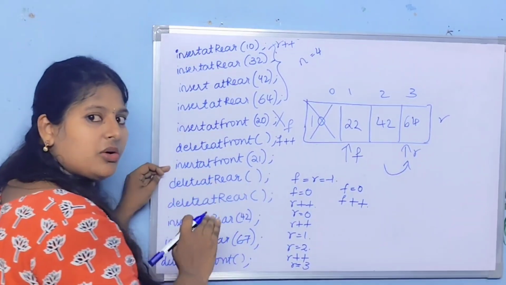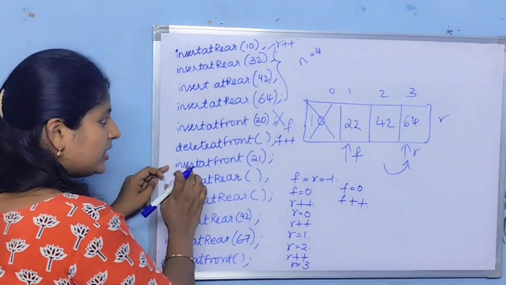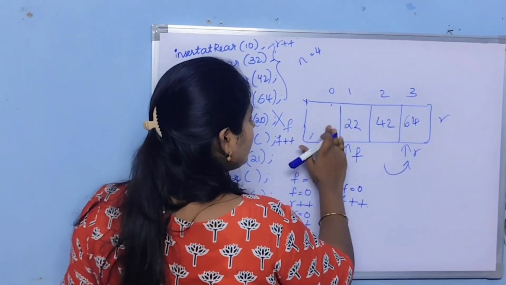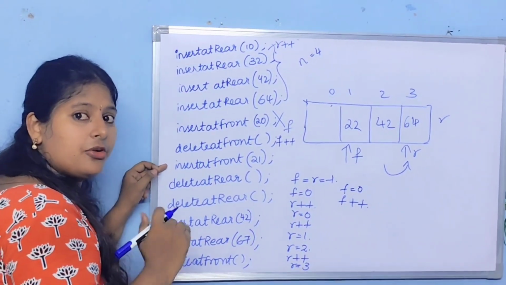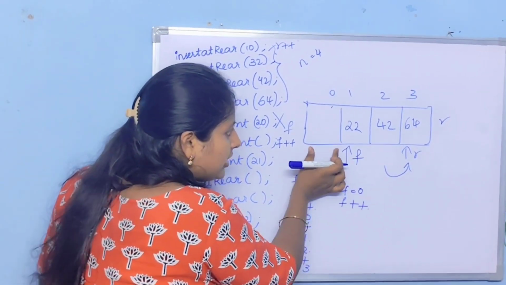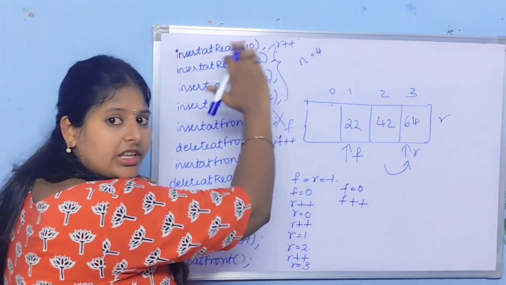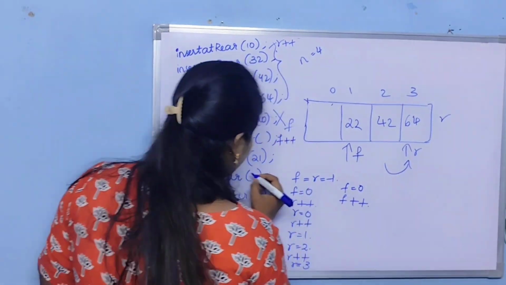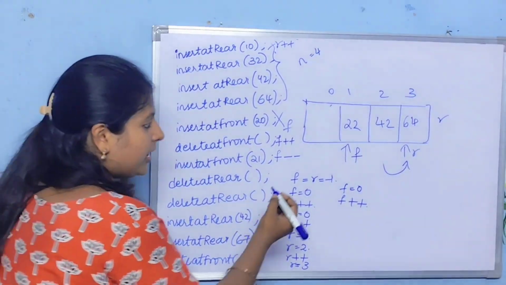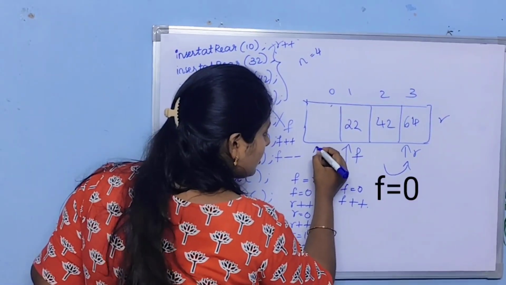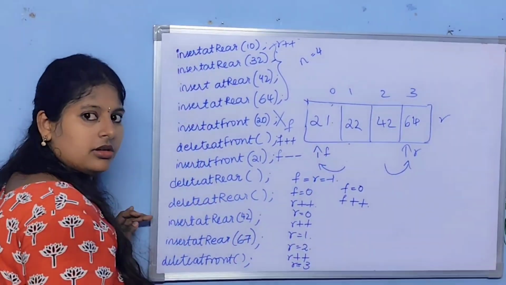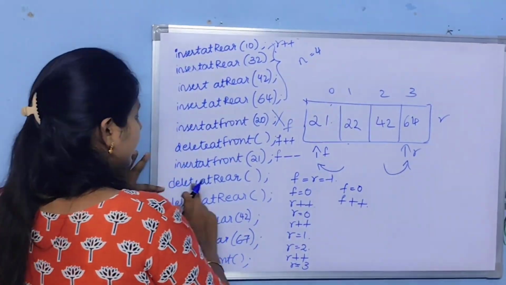Right? Now insert at front. Now this space is empty. Now I'm trying to insert an element over here. So is it possible? Yes, it is possible. So what should I do if I want to insert elements? Front, I've said to you before, front decrement should be done because this is my front right now. So if I add over here, this will be my front element, right? So it came one step left. So what am I doing? Front decrement. Okay. So what am I adding? 21.